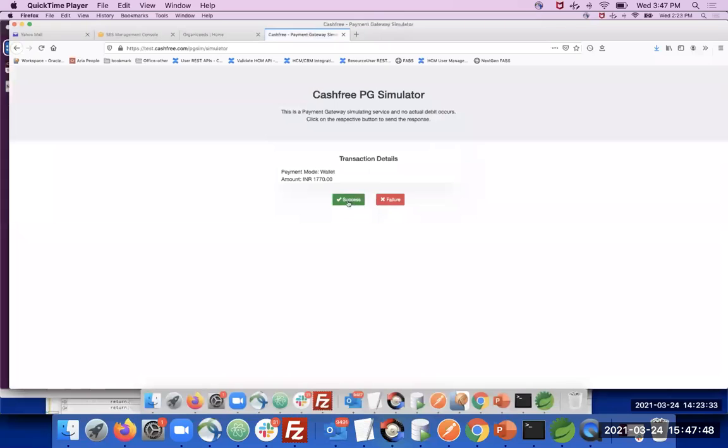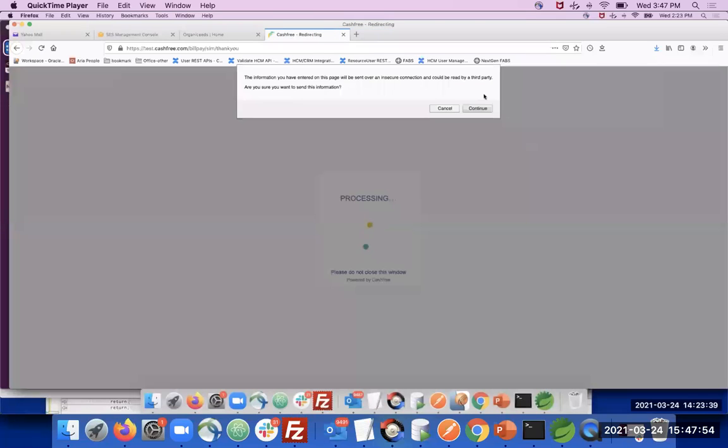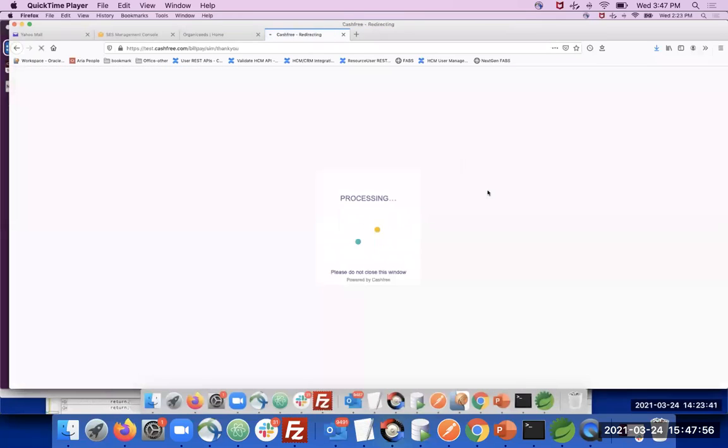Now I want to check the success status. So now I'm clicking the success. Click on continue. Since it's a test payment gateway, it will take some time.